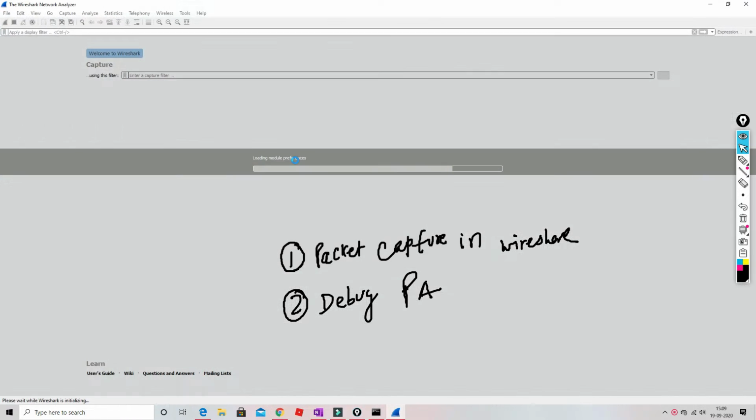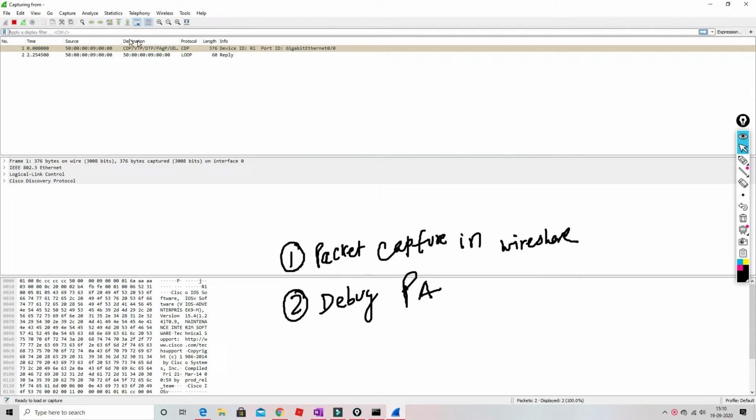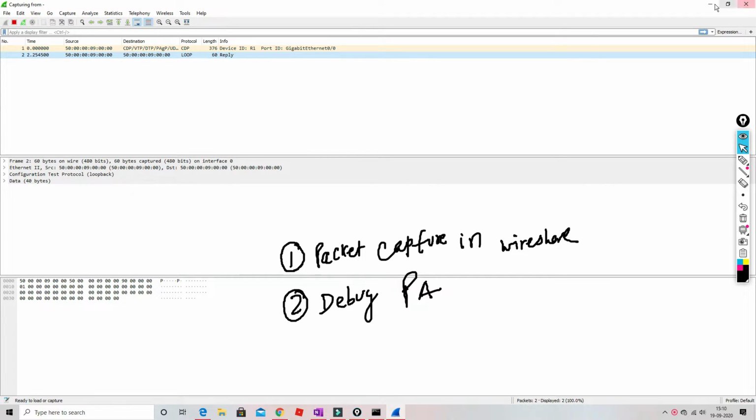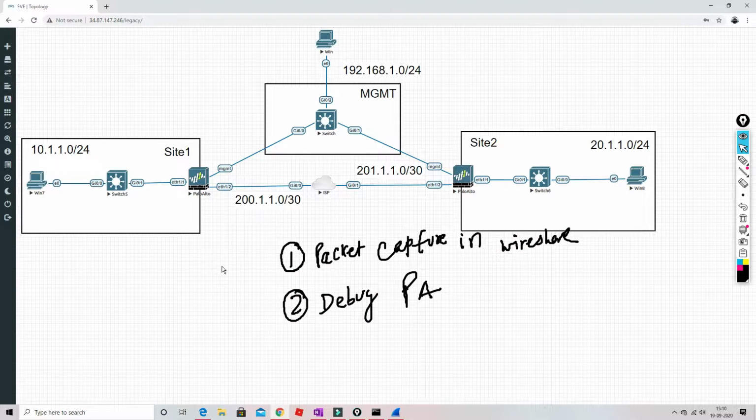To see whether the capture is working, wait for some time and see whether the keep alives are coming and going. You can see keep alive messages are going, so that means your capture is on.